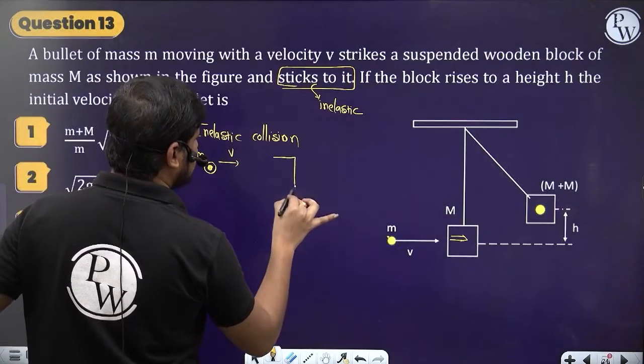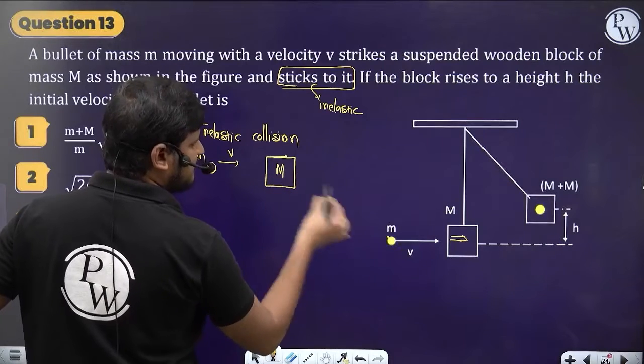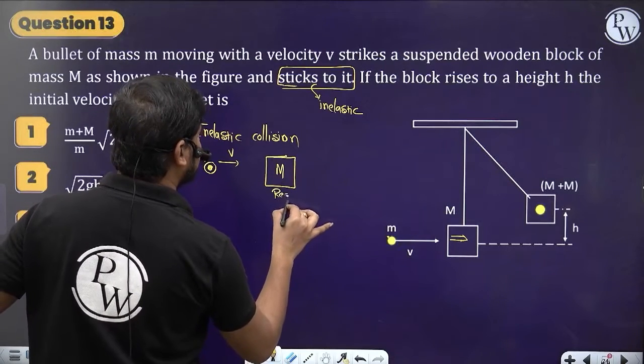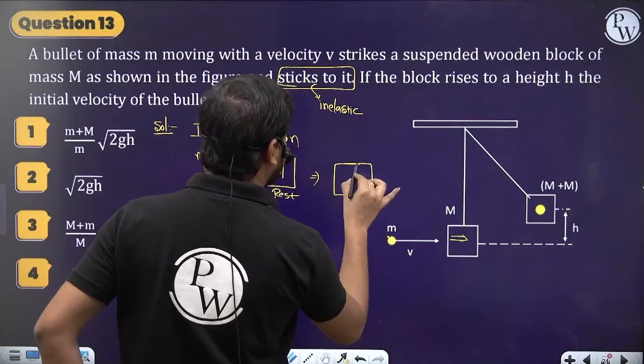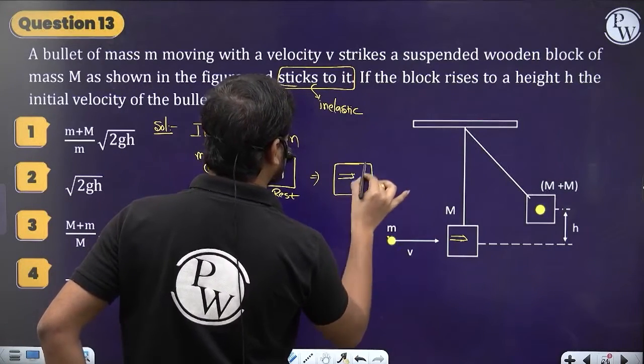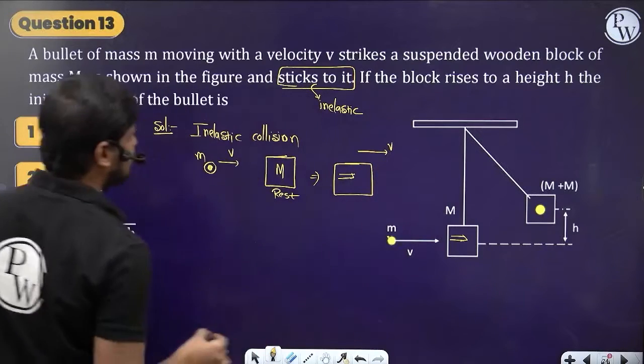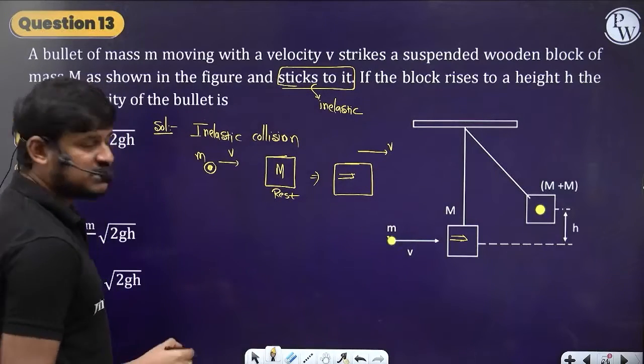Initially the capital M is at rest, right? So now after collision what happened? The bullet and wooden block both move together with a common velocity. As it is an inelastic collision, shall I apply